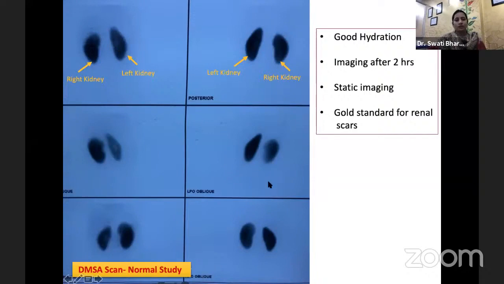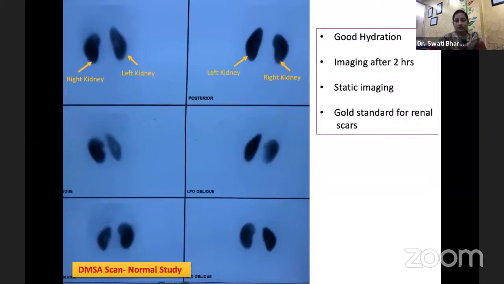This is normal. And in the oblique view, the kidney which is closer to the camera will appear more dense and the other one will appear less bright. So this child had a normal DMSA scan. She was put on antibiotic prophylaxis, her constipation was managed, she was advised good voiding habits, and